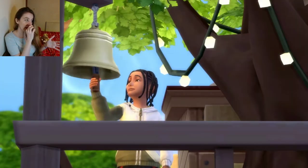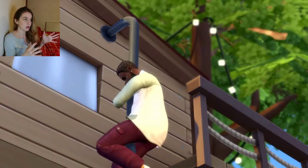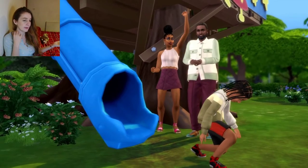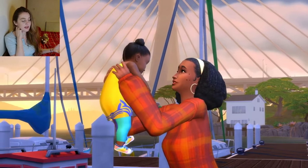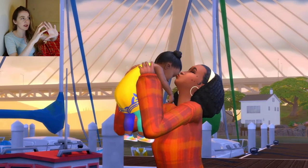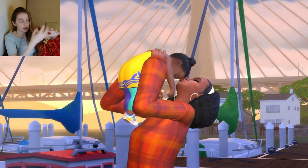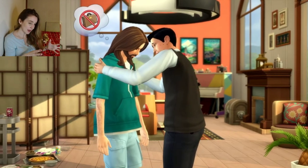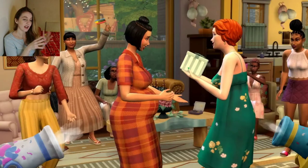And so I really like Parenthood, how you have different ways to encourage your Sims, and you can encourage the kids to do certain activities, and the traits where it's like, do they have conflict resolution or do they not? Do they have manners or do they not? I really, really, really like that gameplay. So if they've got more of that type of gameplay, I feel like I would get a lot of